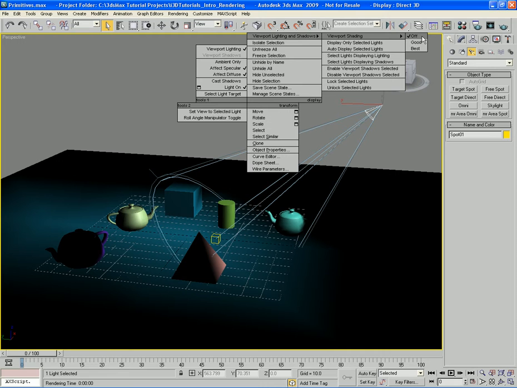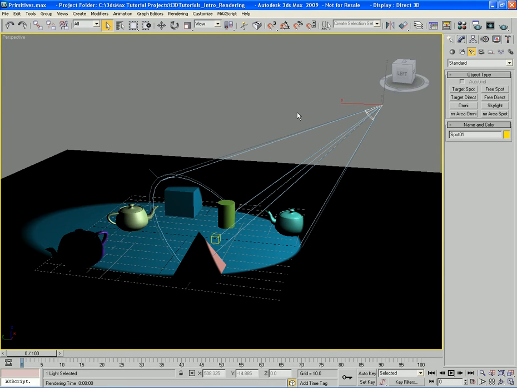We have to make sure that our Viewport Shading, which by default is set to off, is set to best. Best is going to use Shader Model 3.0. Good will use Shader Model 2.0. Now, your video card may or may not support Shader Model 3.0. Make sure you have the latest hardware and the latest video cards so that you can take advantage of Shader Model 3.0. So I'm going to click on Best,